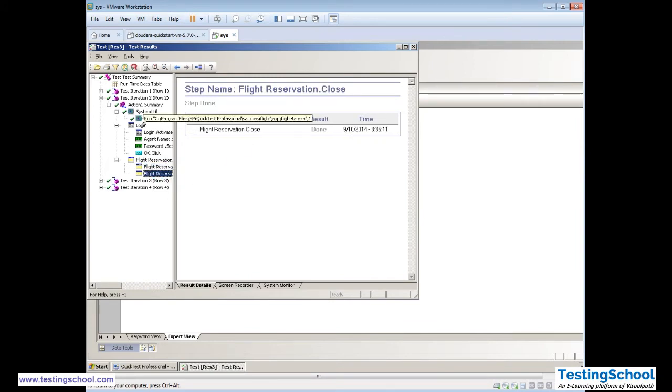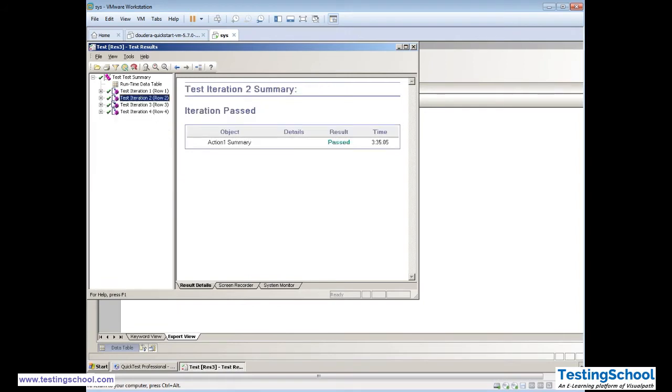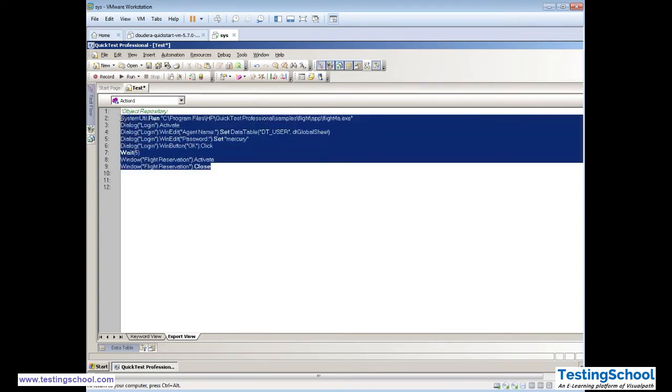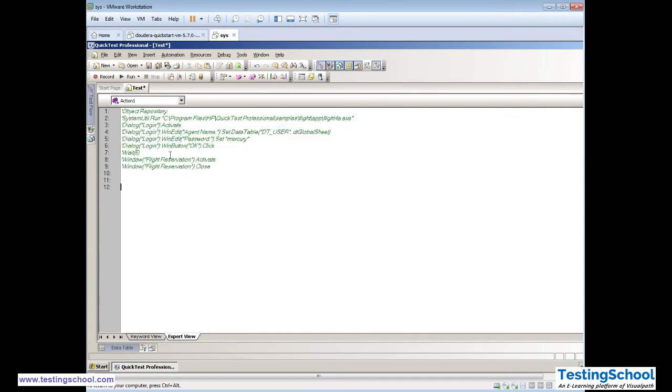So if you don't launch automatically and if you don't close automatically, your program will not be able to follow up with iterations. It will not run multiple times. So far this is record and play. Okay, now we will move ahead for our OR based repository. So we'll comment this thing. This complete line can be commented using Control M. You don't need to do one by one.